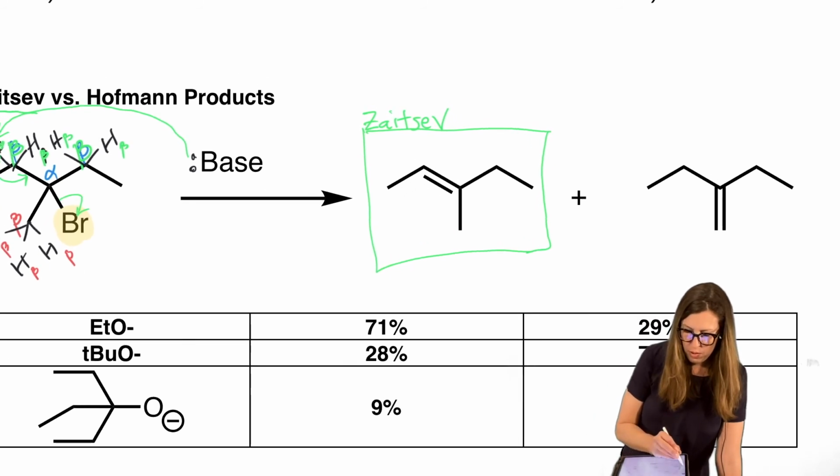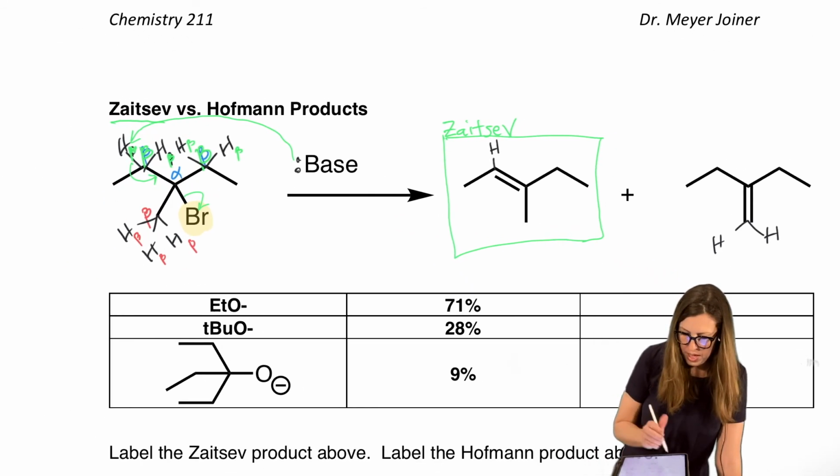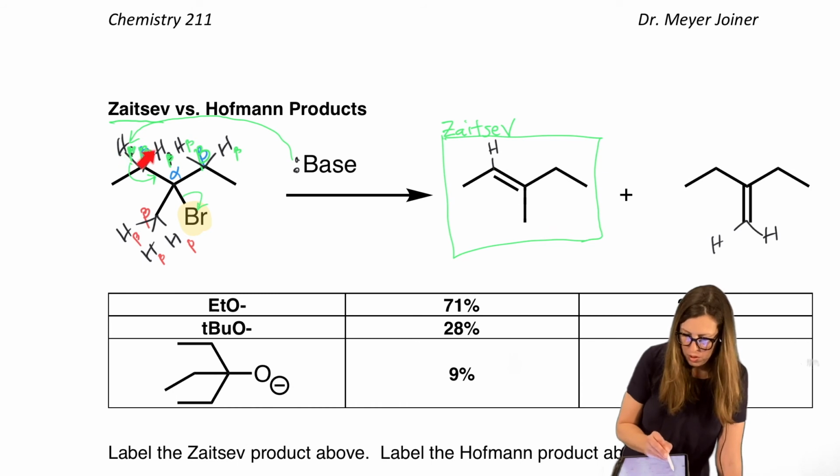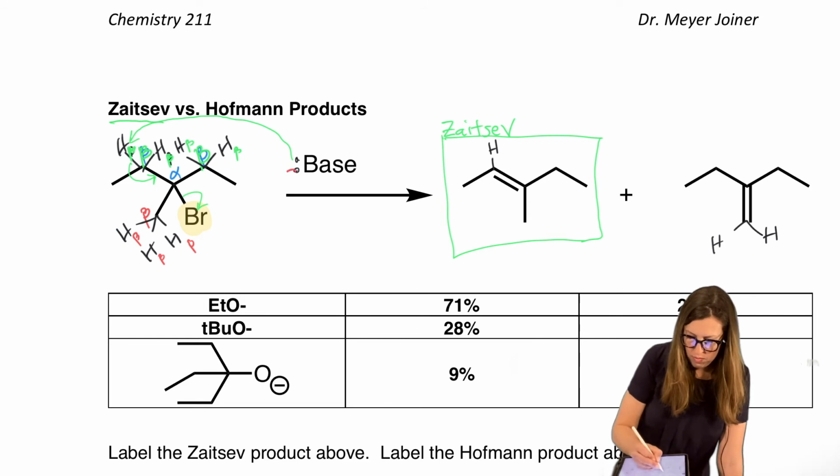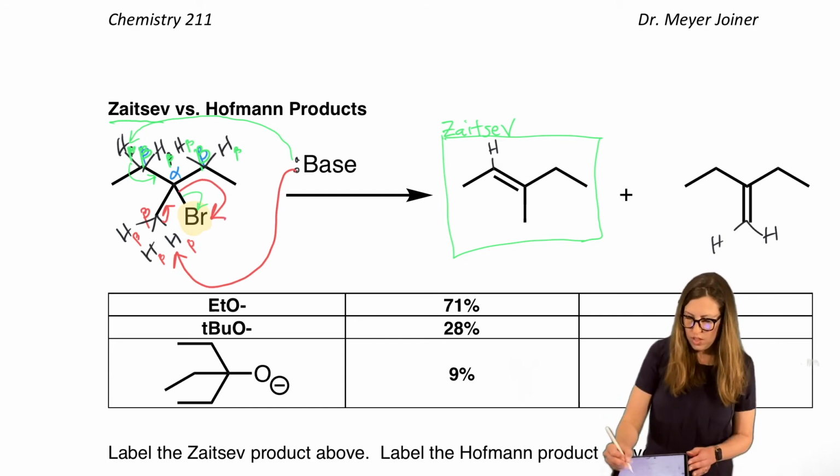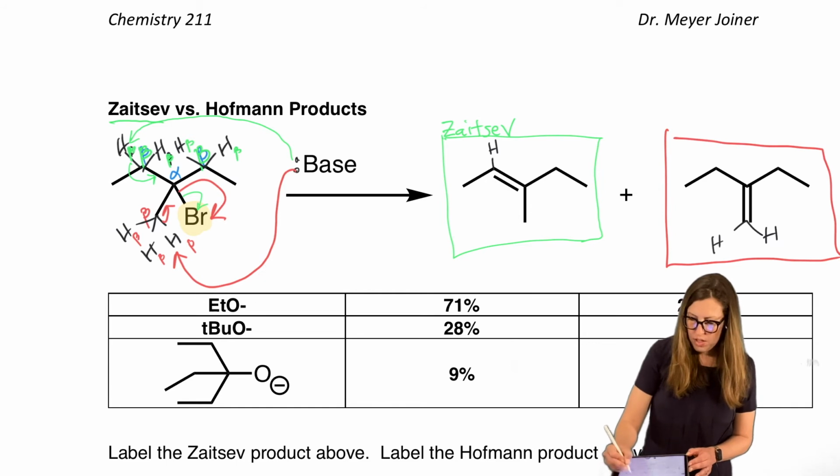Okay, look at the other one. How do we form this? That means one of the H's here is missing. See, there's only 2 H's. If we draw that in, there's an H here, an H there, right? Whereas there's 1 H there. So we could see the H that was missing. There's only 1 H left here. Here, there's 3 H's, we're down to 2. We took one of those red betas off. So let's do that path with red arrows. Take off one of those, and the leaving group leaves. Let's box that in with red. This is called the Hofmann product.